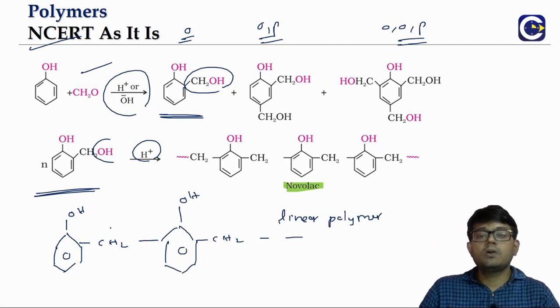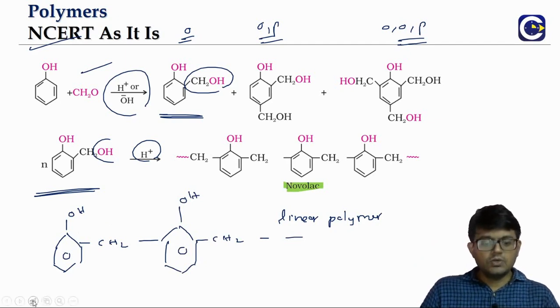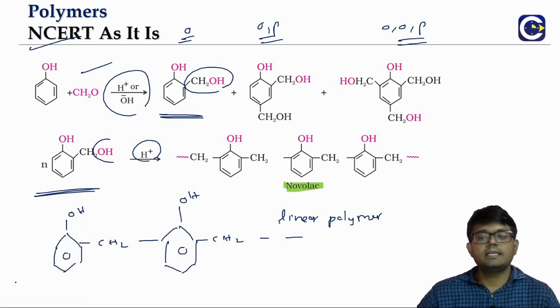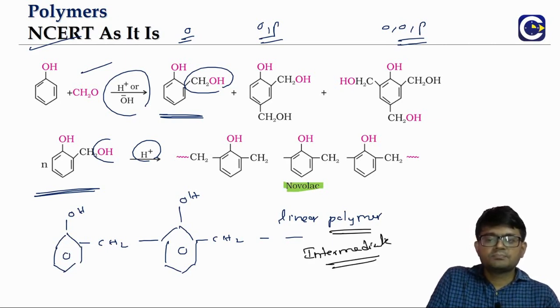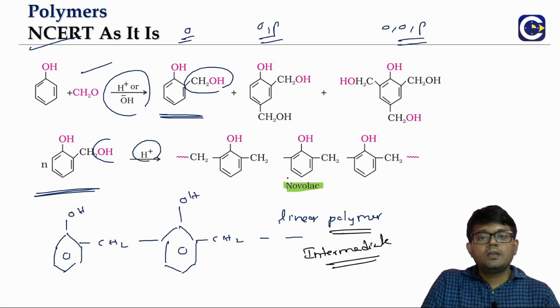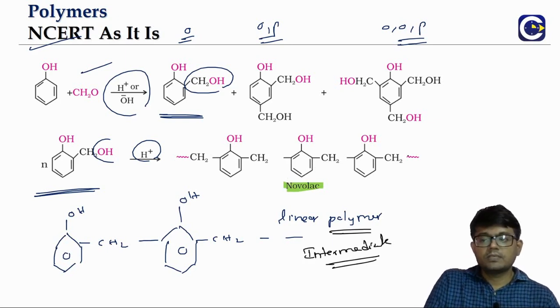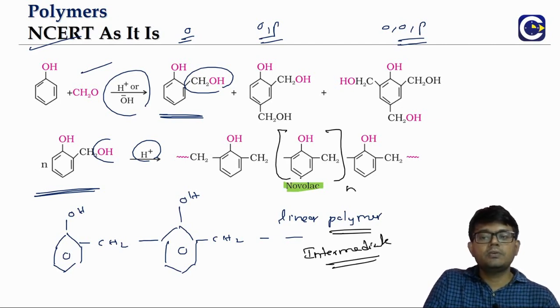This is what we will be calling as Novolac. So Novolac is what we can say, it is a resin or intermediate. Okay, so it is a linear polymer intermediate. And from Novolac, we will be able to obtain the Bakelite. Okay, so sometimes we can even get questions on this. What is the structure of Novolac? Means you see what is the repeating unit? This is the repeating unit. So what is the repeating unit here?